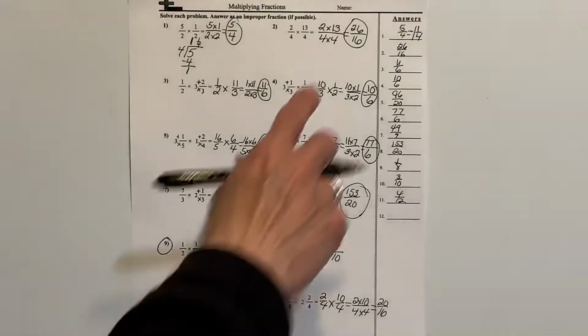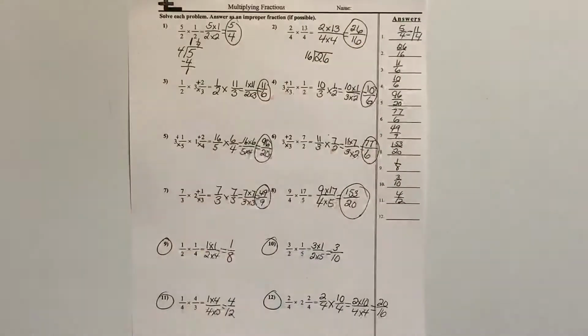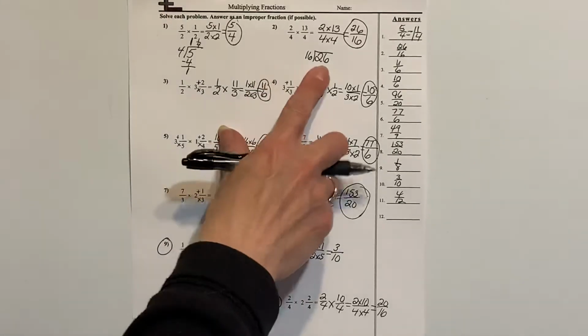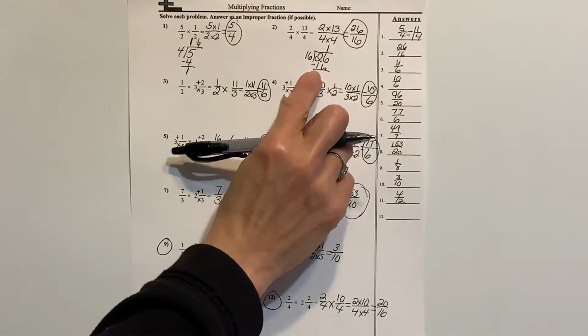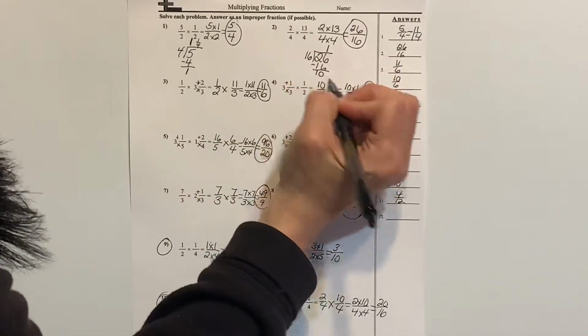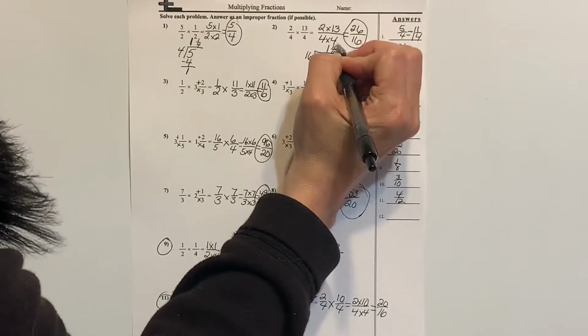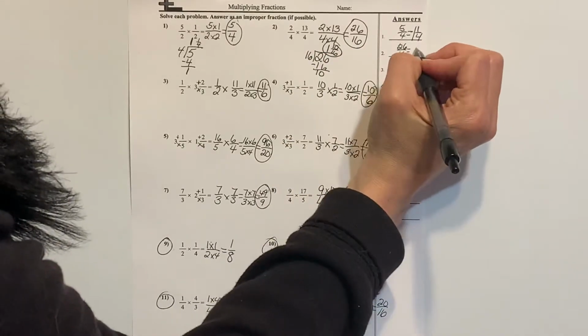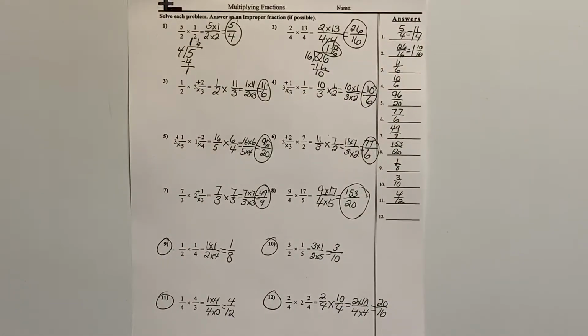26 divided by 16. Well, if I count by 16s, 1 16 is 16, 2 16s is 32. So I can only do 1 16. So 26 minus 16 is 10. So I've got 10 is my numerator, 16 is my denominator. So this is the same thing as saying 1 and 10/16. All right, number 3,